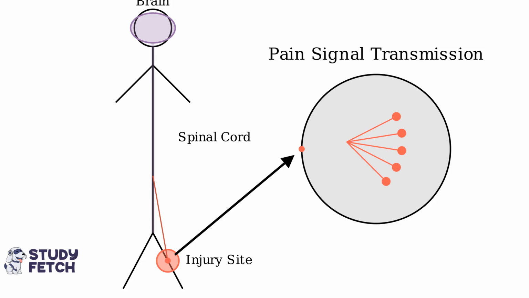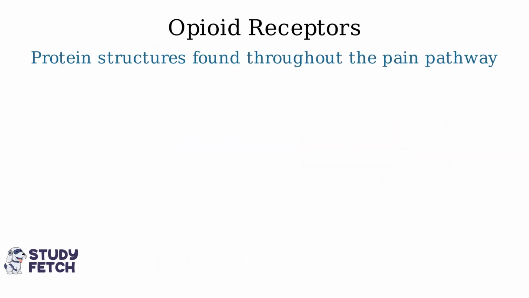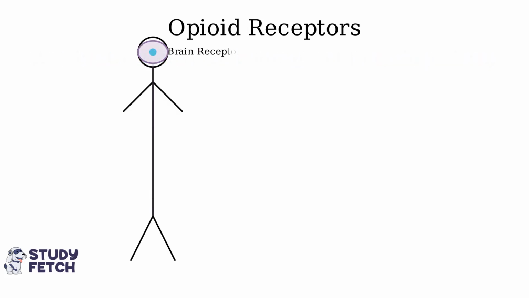The pain signals then travel through peripheral nerves to the spinal cord and up to the brain. In the brain, these signals are processed and interpreted as the sensation of pain. Opioid receptors are specialized protein structures found throughout this pain pathway. These receptors are found in three key locations: the brain, the spinal cord, and in peripheral nerves near the site